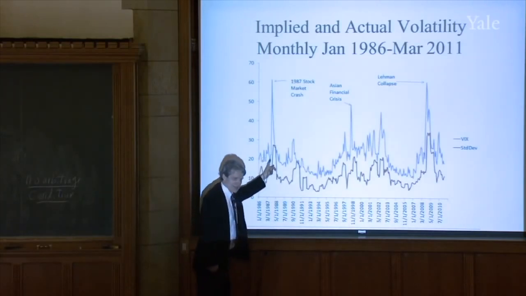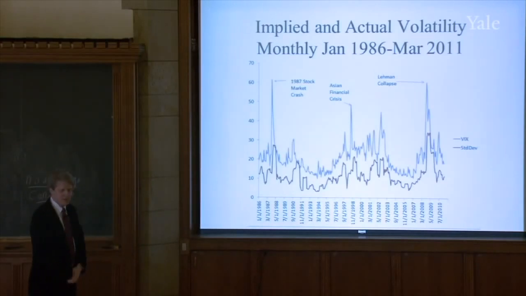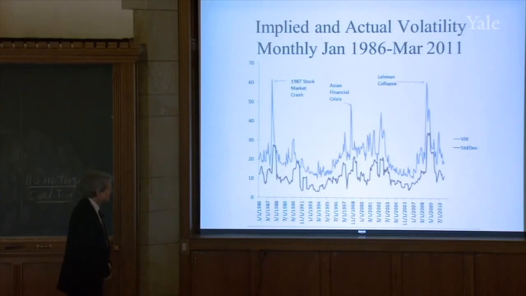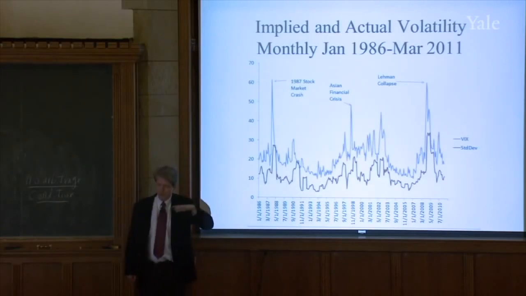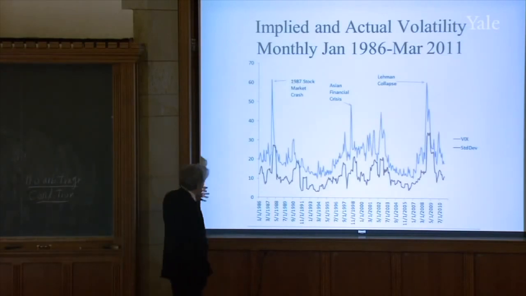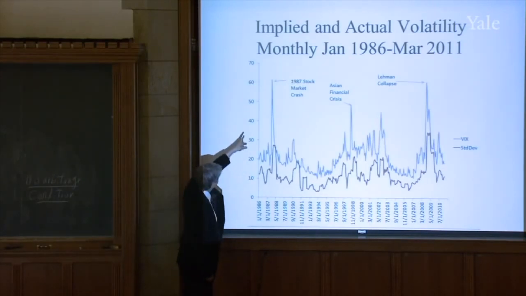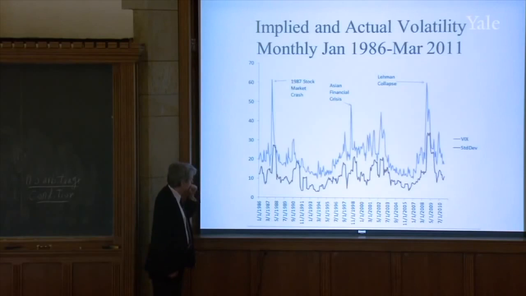Remember I told you the story of the 1987 stock market crash? The stock market fell over 22% in one day. Well, actually, on the S&P, it was only 20%, but a lot in one day. It really spooked the options markets. So the call option prices went way up, thinking that there's some big volatility here. We don't know which way it'll be next. Maybe it'll be up, maybe it'll be down. It pushed the implied volatility temporarily up to a huge level. It came right back down.